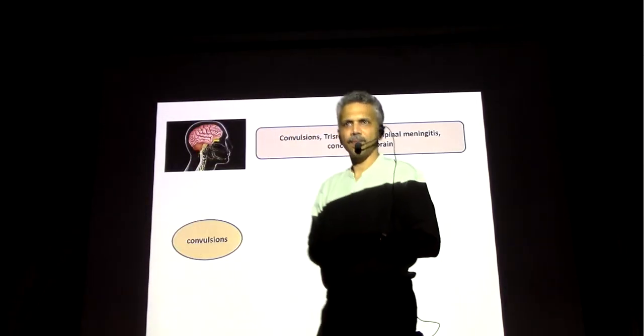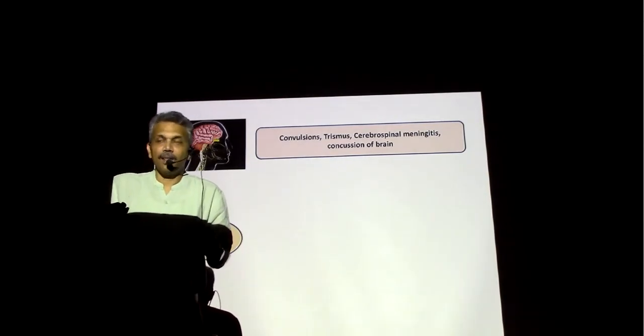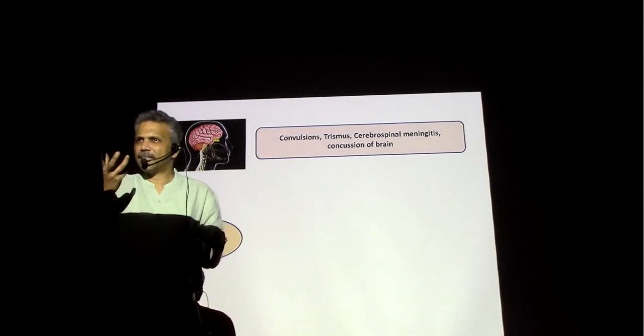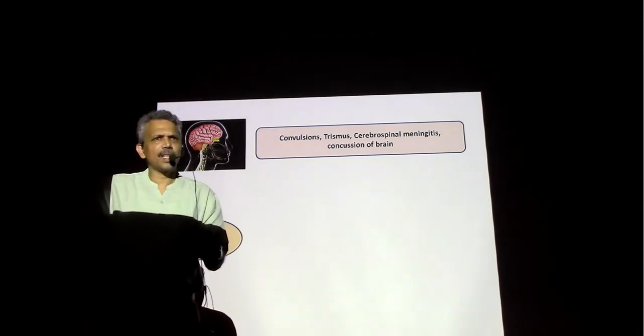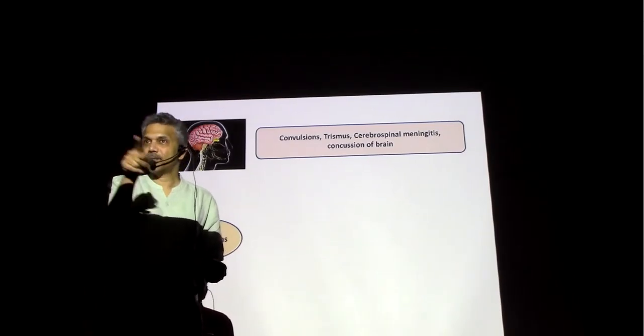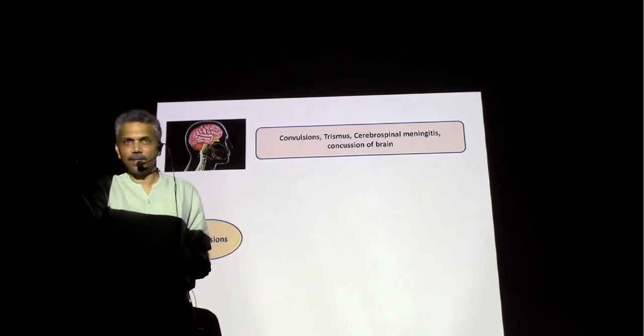Before convulsions, will you get an idea? So what do you understand by aura? An indication, a feeling. Before convulsions, something happens. Some weird thing happens, or I become irritated, or I become angry, or this thing moves, that thing moves, something happens. Do you get any indication? Then we have something called convulsions with aura. And then there are patients who will not know.